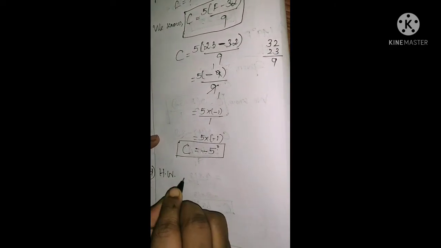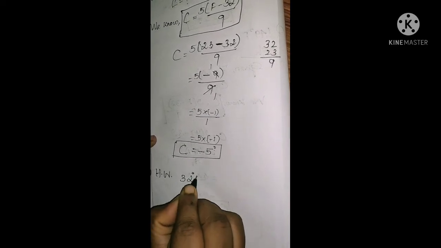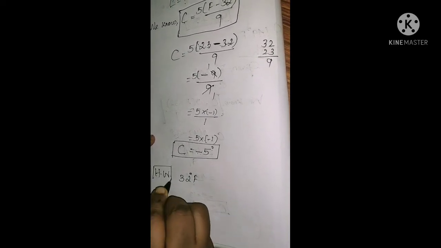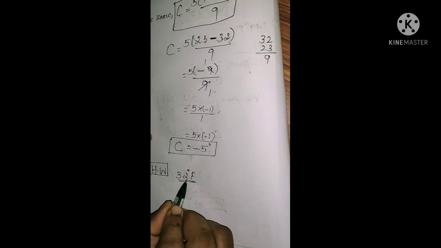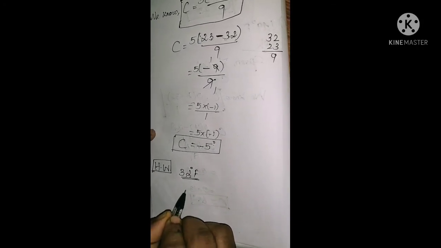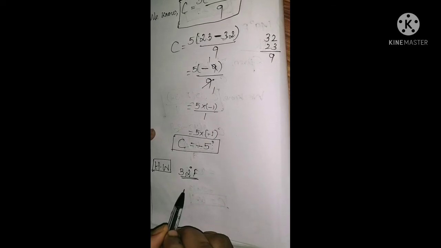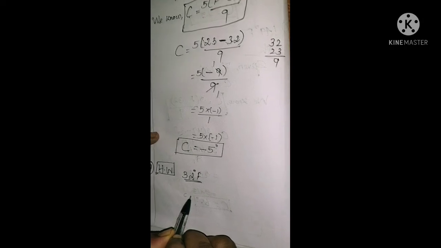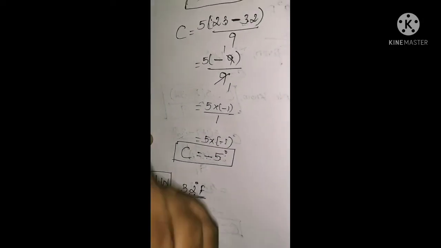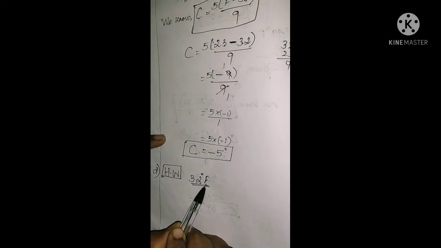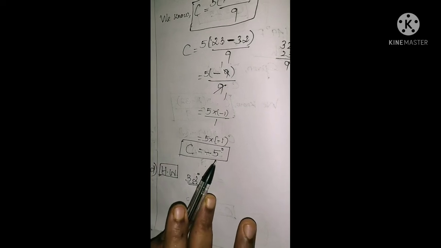What's the question? 32 degree Fahrenheit. This is homework. Okay, 32 degree Fahrenheit. Here also the Fahrenheit value given is 32. Celsius you want to find. Okay. Formula, the same formula. C, Celsius, C only you have to find. That's what C equal to 5 into F minus 32 divided by 9. Instead of F you want to substitute this 32 and simplify that. Find the C value. Okay.